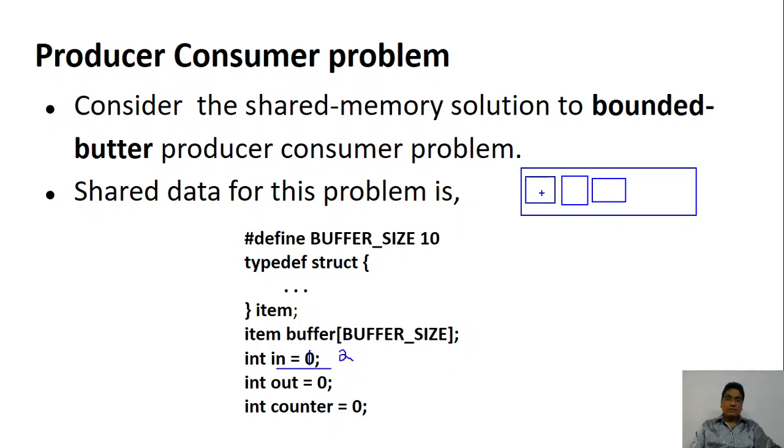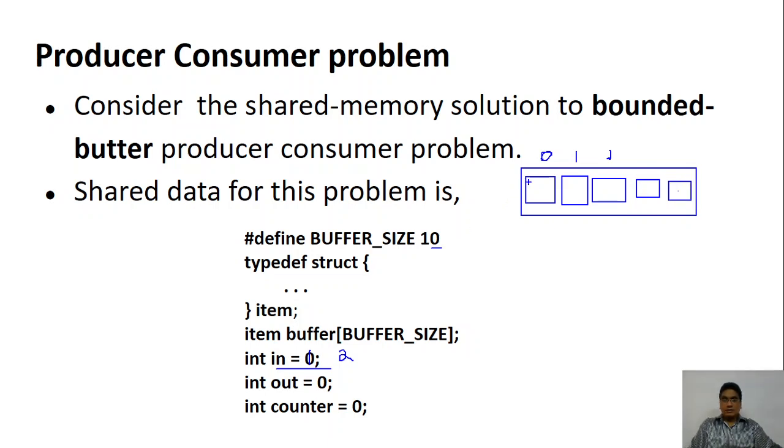If you start from the 0th location, and if you are using arrays, you know very well that the array index starts from zero. So this is going to be the 0th index. I'm talking about the index, not the value here. The index is 0, then the index is 1, then the index is 2, and so on. Finally the index will be 9, because there will be 10 items. So let's assume that the producer has produced 10 items and the buffer is full.